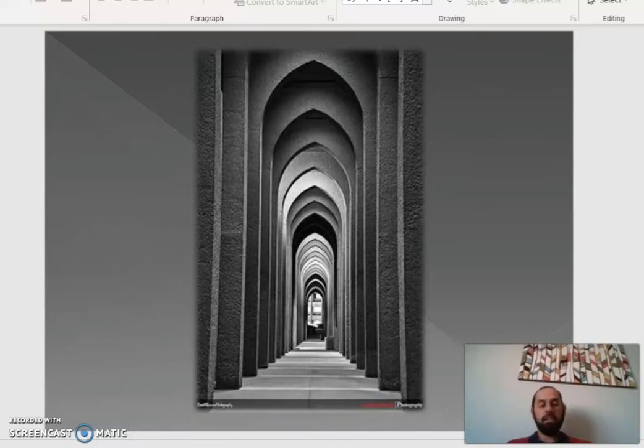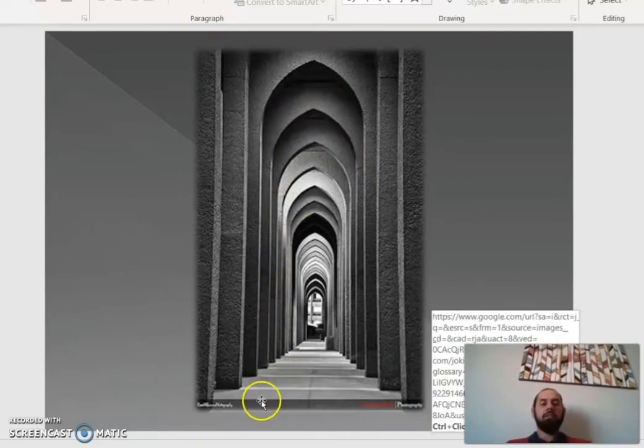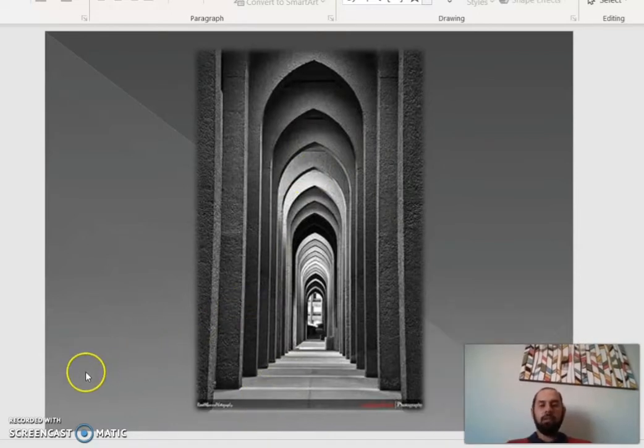There's a high verticality going this way forward, and if you are standing here you feel you want to move. You don't like to stay in this space. It's not a space that keeps you static. And also he's using the narrow corridor. At the same time, he's using the gradation of these arches here to make it more, let's say, dragging